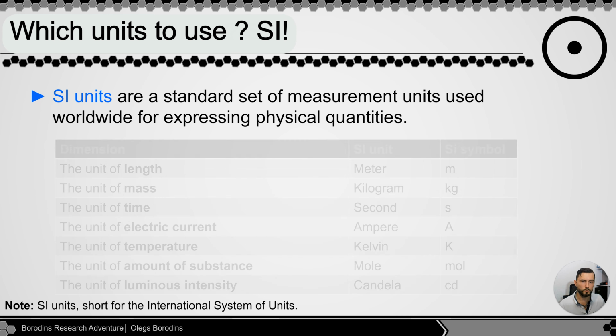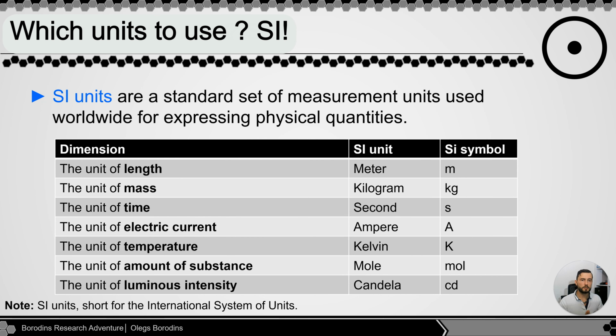And here are those units. Meter to measure the distance or displacement, kilograms to measure the amount of matter in the object, seconds to measure the duration of the event, ampere to measure the flow of electrical charge, kelvins to measure temperature, and mole to measure the quantity of a chemical element or compound, and candela to measure the brightness of the light